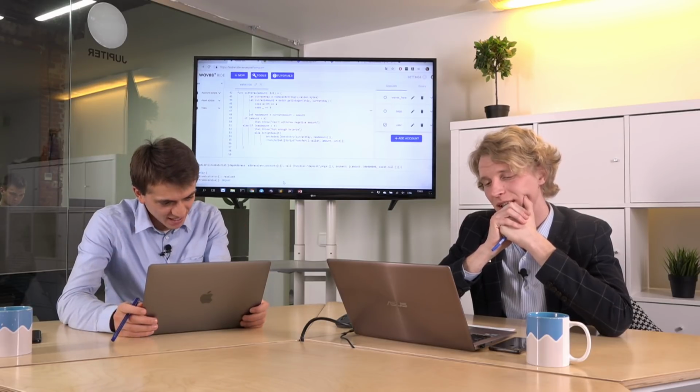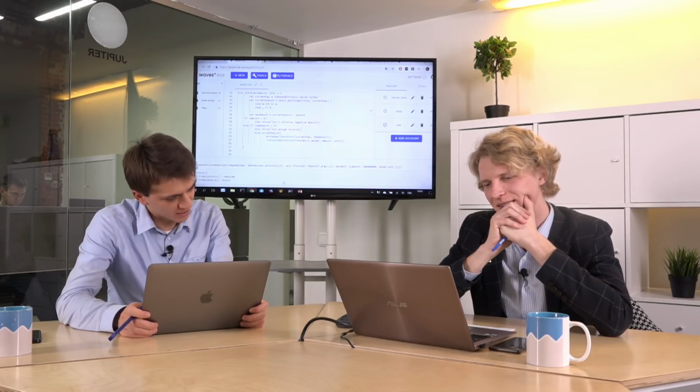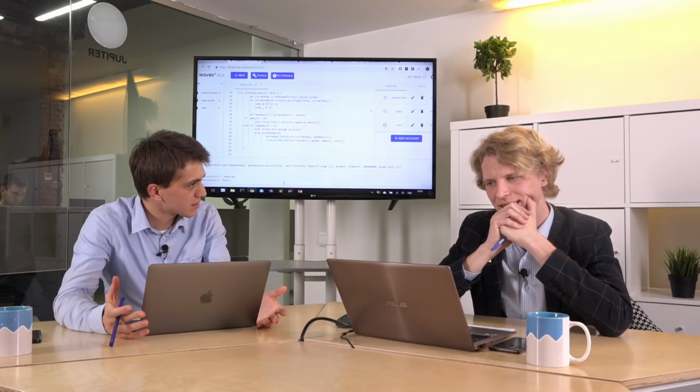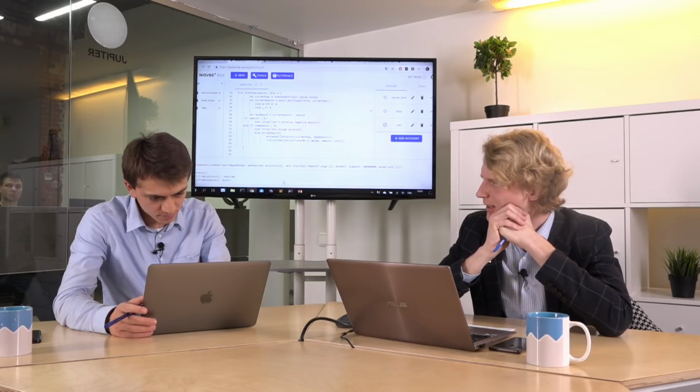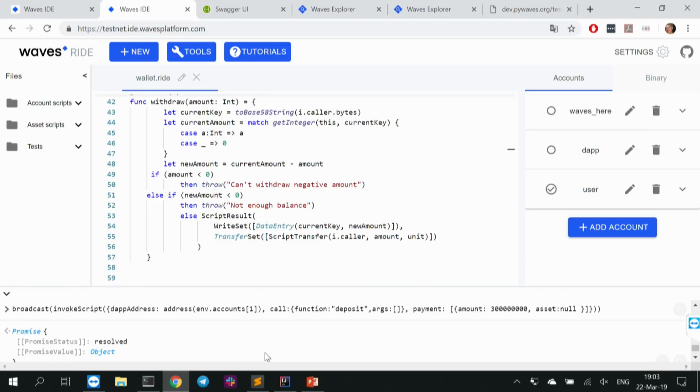We pass the app address, a usual address like for a usual account, which we get from an environment variable, like before when we made a transfer transaction. For the call object, we pass the function name and arguments, and also attach payment if it's needed.